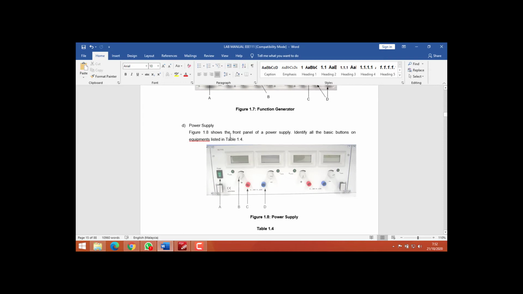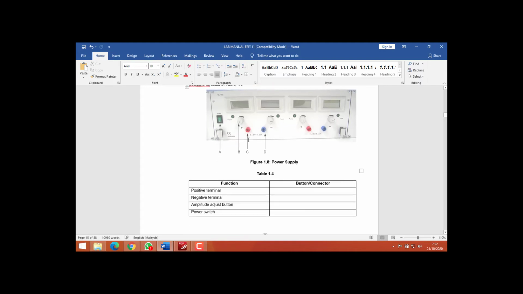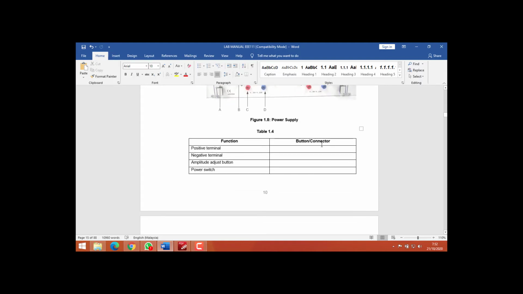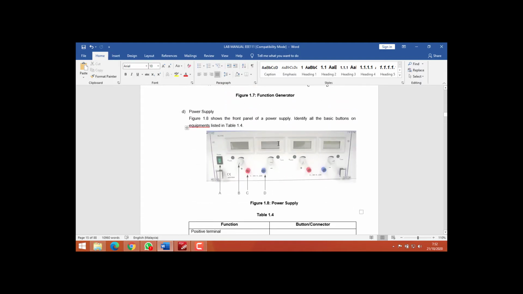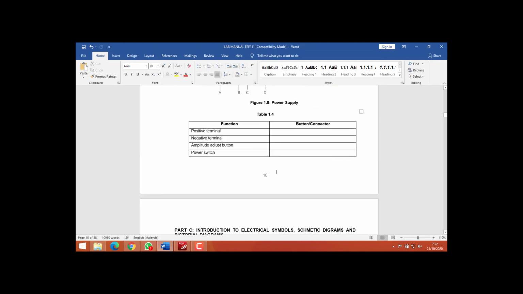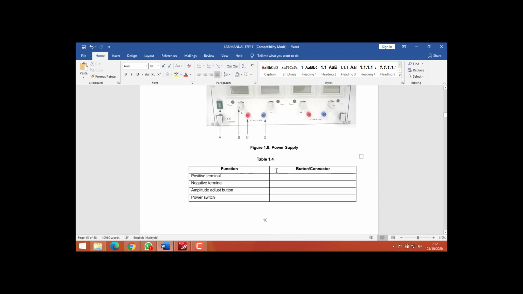Figure 1.8 shows the front panel of a power supply. Identify all the basic components on the equipment list in Table 1.4. So this is Table 1.4, and this is the figure showing the front panel of the power supply. Students are required to answer all the questions